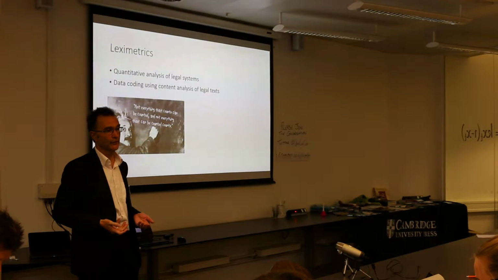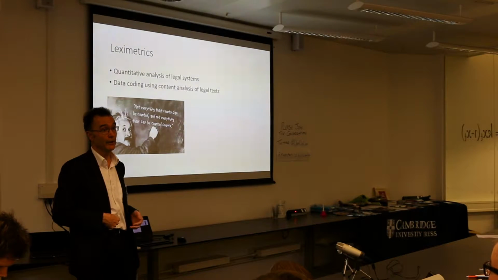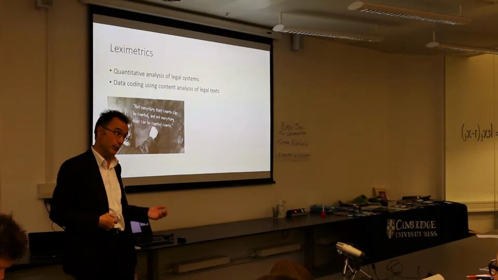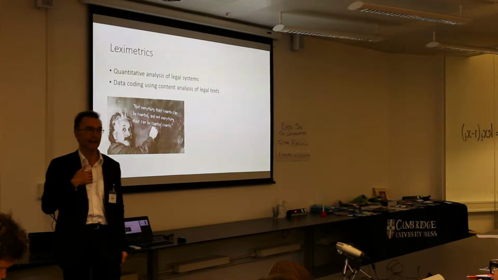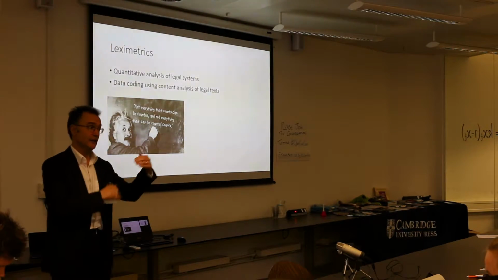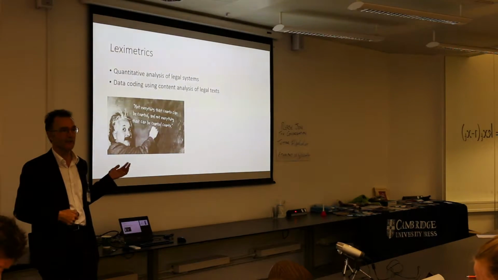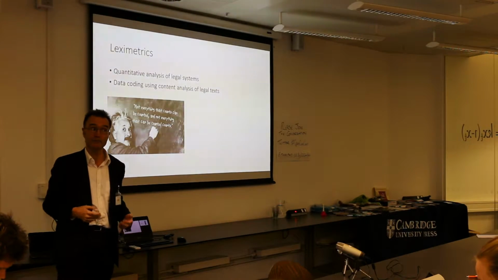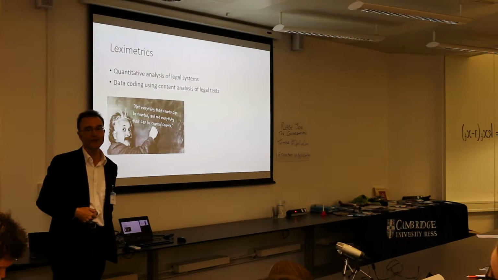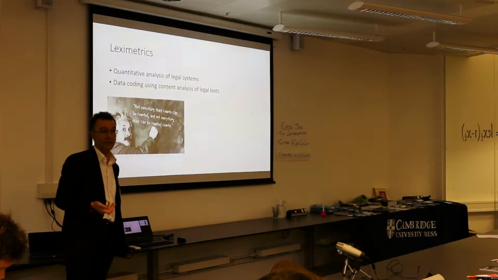We don't just do quantitative research. We also do what social scientists call multiple methods research. So field work, survey work, face-to-face interviewing, qualitative work. This is all very important to us. But also important is data analysis. So we have to try and measure something which is probably very hard to measure, how far a legal system protects or doesn't protect workers. And we gave the name Leximetrics to this emerging body of work, which was a bit presumptive. We weren't exactly the first people to use this word, but the word has sort of caught on to describe what we're trying to do.